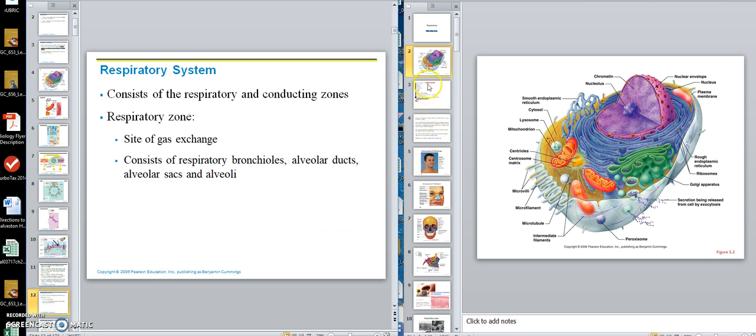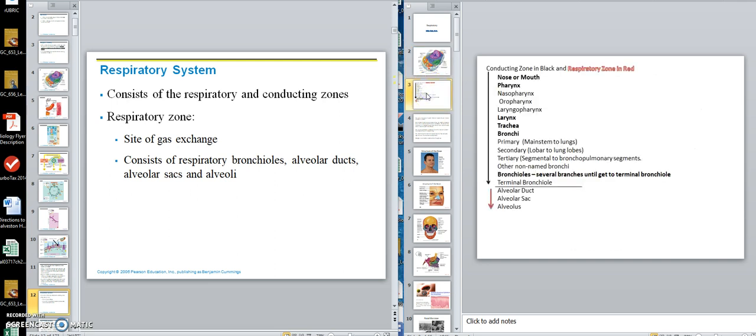All right. Now, we go over here, and what I've laid out for you is kind of the journey of your air as it goes down and comes back up, really, with CO2. Okay? So, the air enters through the nose or mouth. Now, here's a couple of things to say. And I'll just say it in this way. If you breathe only from your nose,